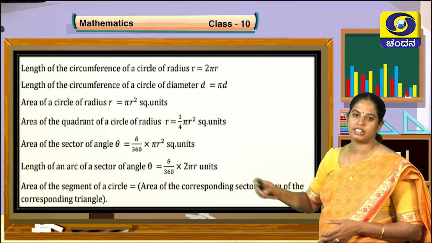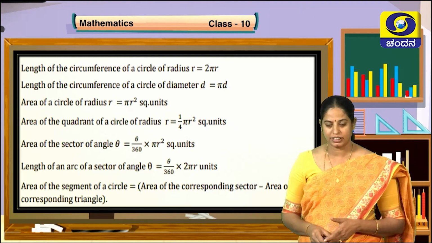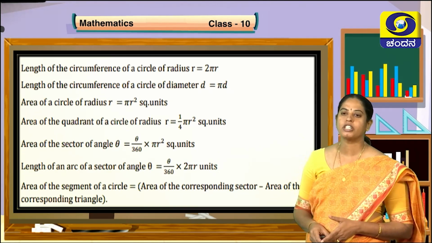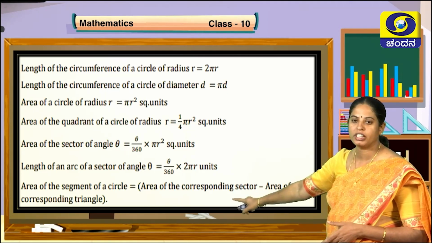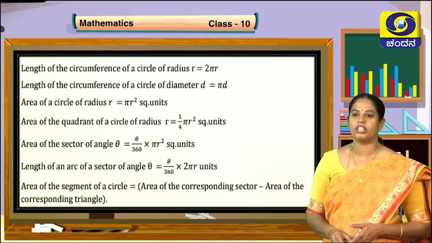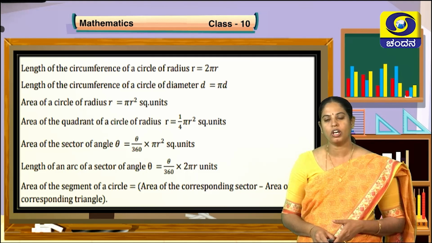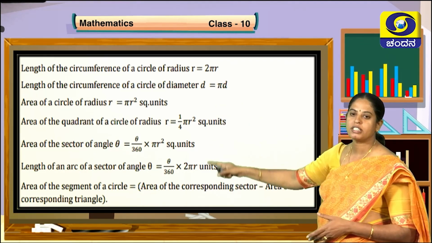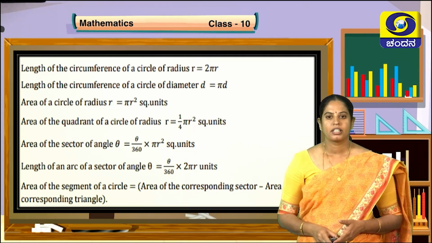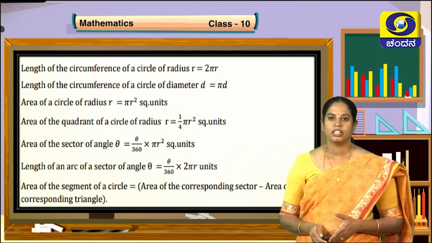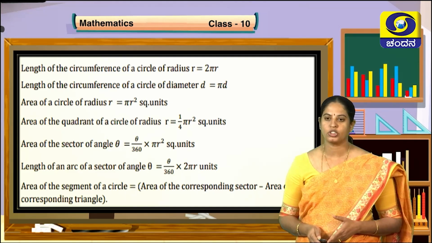Also we know how to find the area of the segment. This type of problem we have solved in the session 3, how to find the area of the segment. So the formula to find the area of the segment of a circle is, you have to subtract the area of the corresponding triangle from the area of the corresponding sector. You are going to get the area of the segment of a circle. Hope you are clear with the formulas that we have learnt. Remember these formulas, children. Before winding up this session, I am once again reminding you, so the formulas are very, very important to solve the problems.